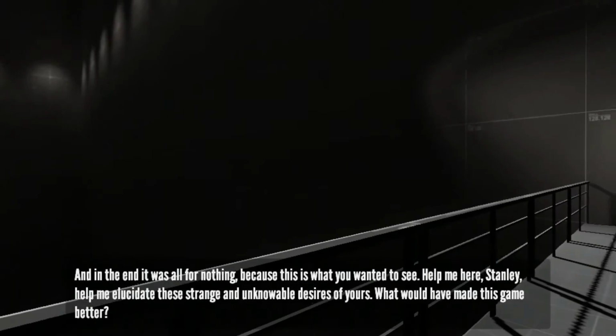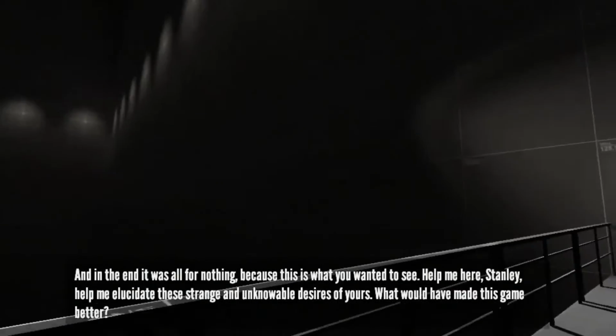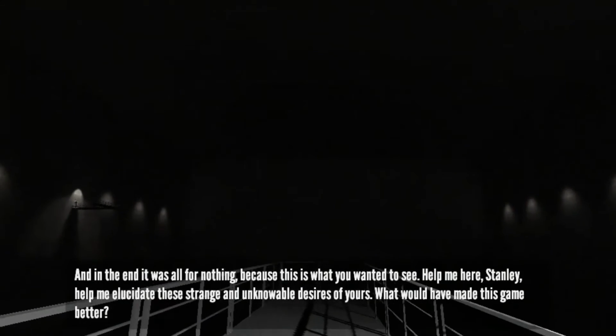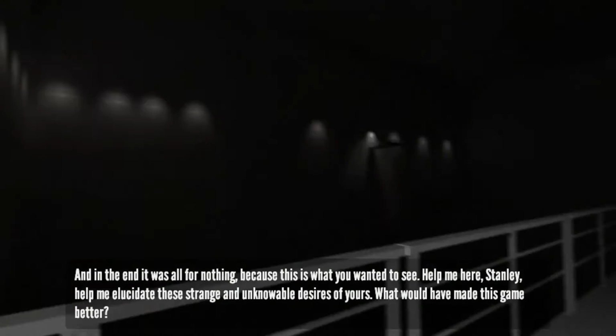Nonetheless, ideas of stories embedded in the literal architecture of the world seem to emerge from the woodwork as Stanley forges on. What's going on here? Why was this game built? How did we end up in the backrooms? All of these questions emerge from the details meticulously planted in the environment.